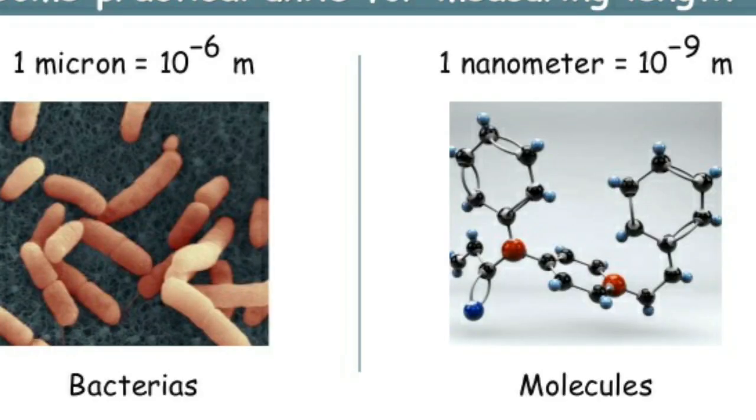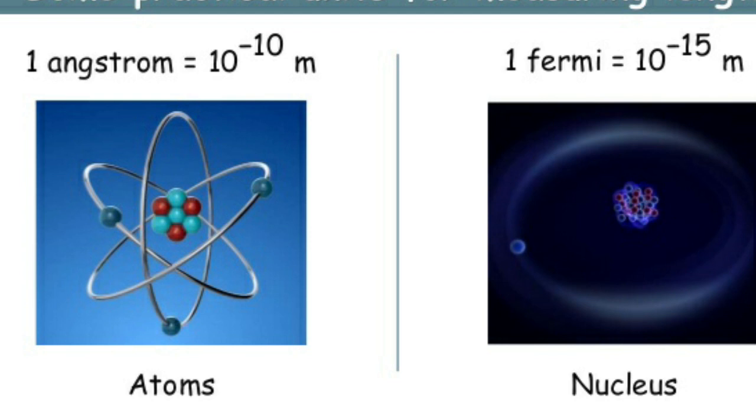Let's discuss a few of them. In the measurement of small distances, we use a unit called micron. 1 micron is equal to 10^-6 meter. Another unit used in measurement of small distances is the nanometer, and 1 nanometer is equal to 10^-9 meter. Another small unit of length is the angstrom, and 1 angstrom is equal to 10^-10 meter. Nanometer and angstrom are the units which we usually use to denote the wavelength of light and other electromagnetic radiations.